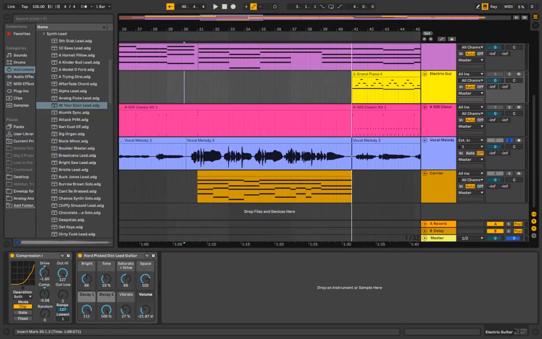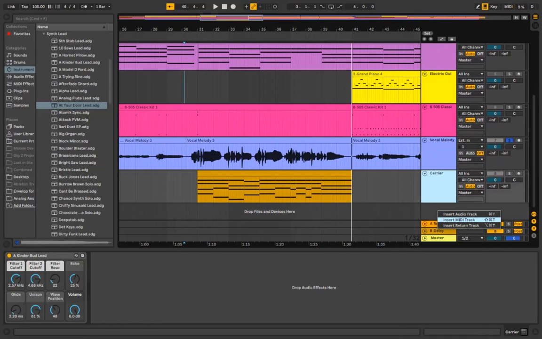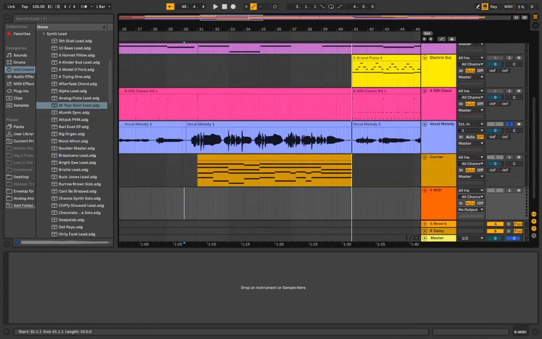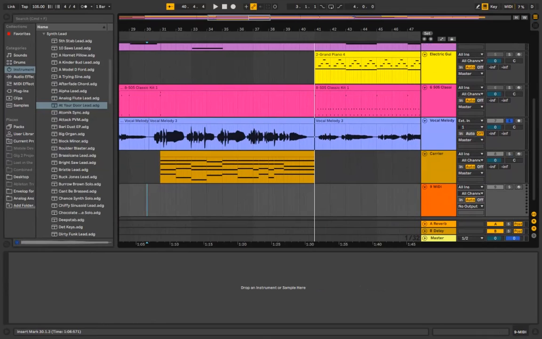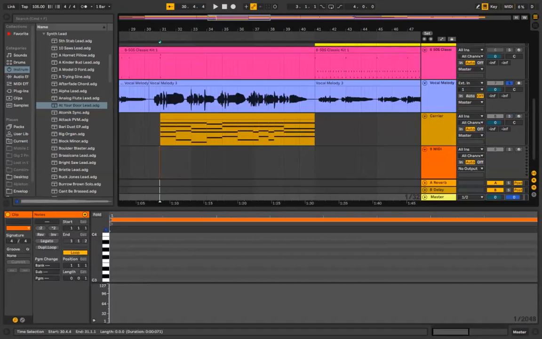Now we need to make another MIDI track. You can right click and insert MIDI track. And then what I did is I took piano chords that I already had up here from my main piano chords, and I put them on another track down here. You can either do that, or if you have a MIDI keyboard that you can plug into your laptop, you can just play some MIDI notes and record them straight in, or you can make another MIDI track just by writing the MIDI notes in